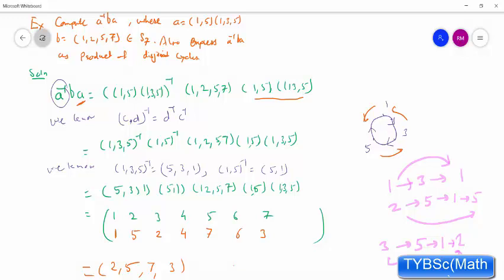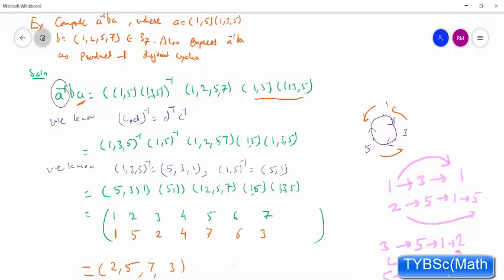And try now for 5. 5 goes to 1, since it is a cycle. Try to search for 1, 1 goes to 5, meaning 5 goes to 1, 1 goes to 5, and 5 goes to 7. And try to search 7, here 7 is not present, so the last destination is 5 goes to 7.